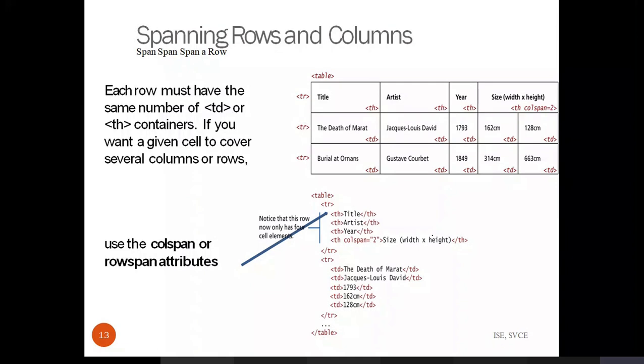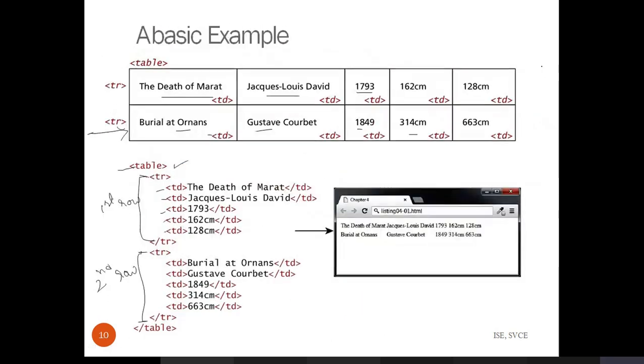Next we'll move on to spanning rows and columns. Spanning rows and columns indicates, whenever you want to specify the data like this. I don't want to represent width and height as separate information, I want to represent it as a single heading, that is size. I want to represent this as a size covering the two columns of information in the data part. This is called column spanning. That is, I am just merging the two columns. This is column 4 and this is column 5 according to the previous code.